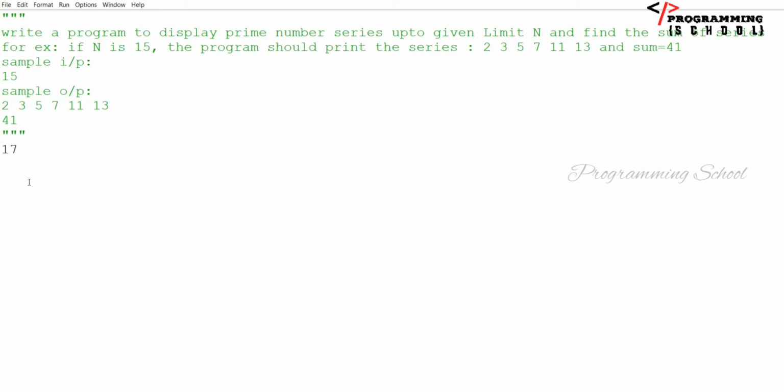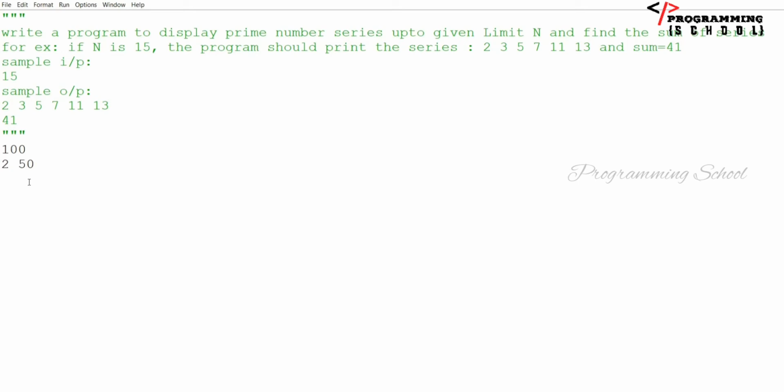For example, if it is 17, there is no other factor, right? Other than one and itself, there are no other factors. That's why we have to say that 17 is a prime number. And if you want to check the factors of any given number, for example, if I take 100, I have to start from 1 and go up to 100 here. But there is no need to go up to 100 to check whether there are any other factors besides one and itself. For example, it is going to be from 2 to 50.